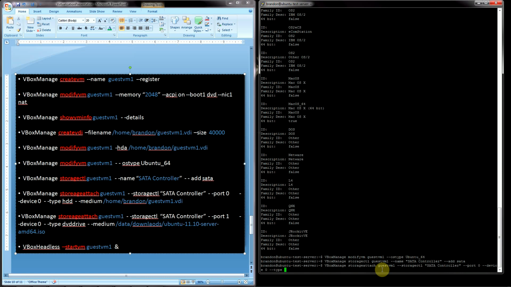Actually, you know what? No, make the first one the HDD for hard disk drive. Then 2 dashes, and the medium, we're going to attach that VDI file that we created previously, which should be in our home, Brandon,